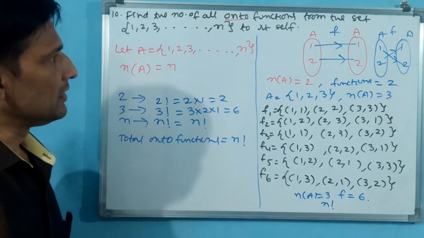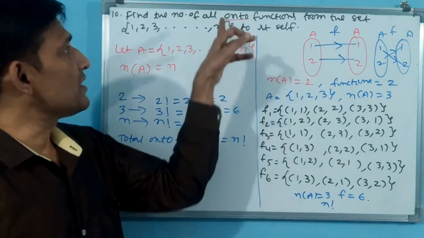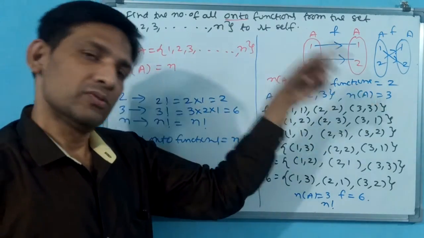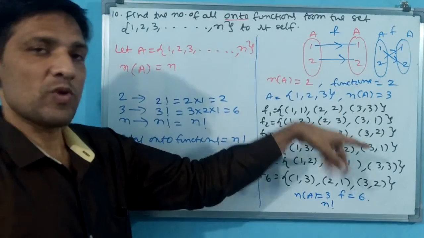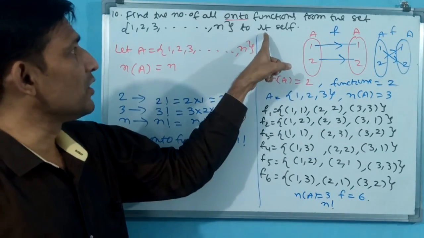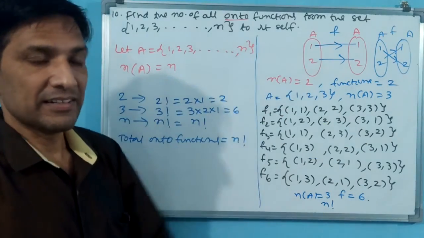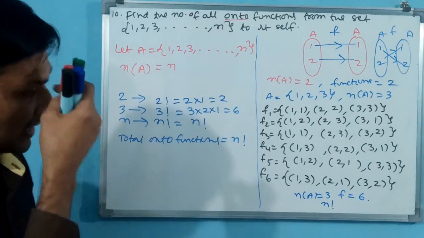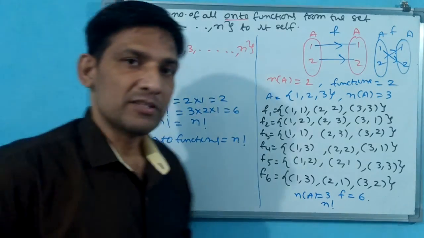Okay. Even in an examination, if they ask for one-one, the same answer, and for onto, also the same answer. Why? Because this condition of 2 itself is there. You understand, na? Okay. Now we finished question number